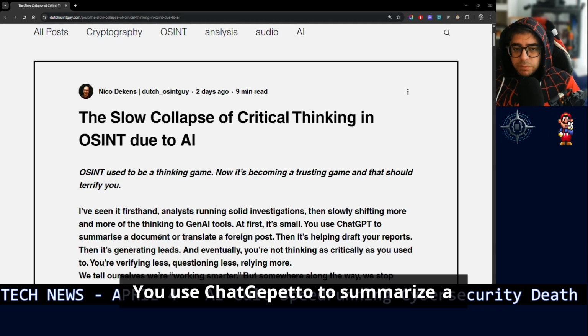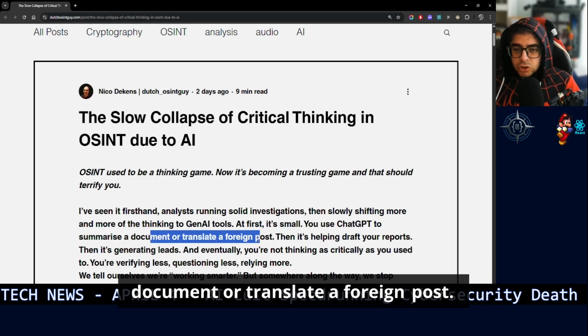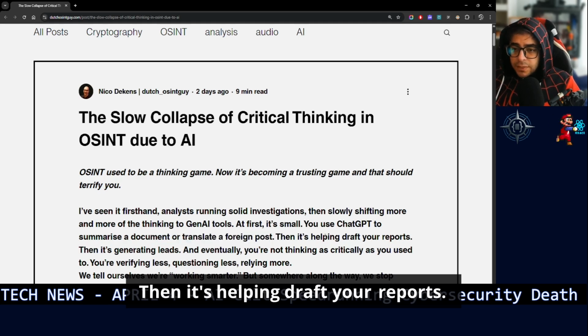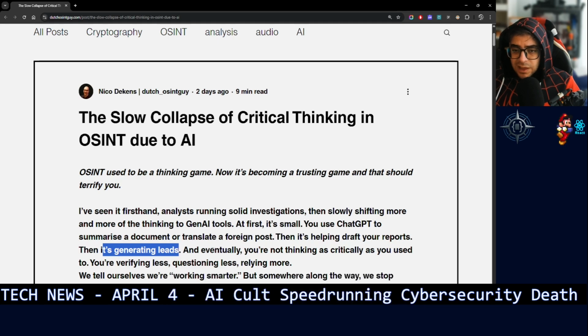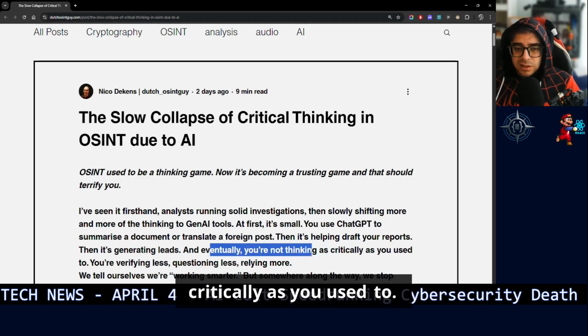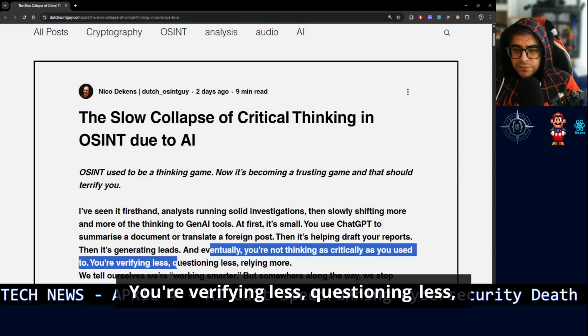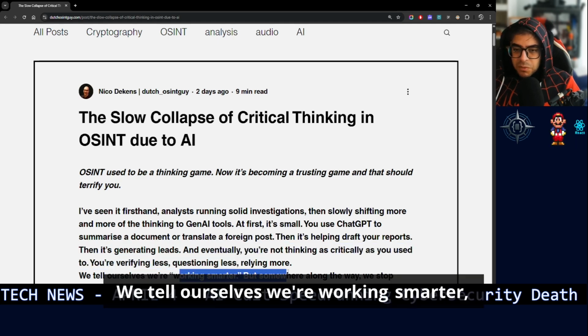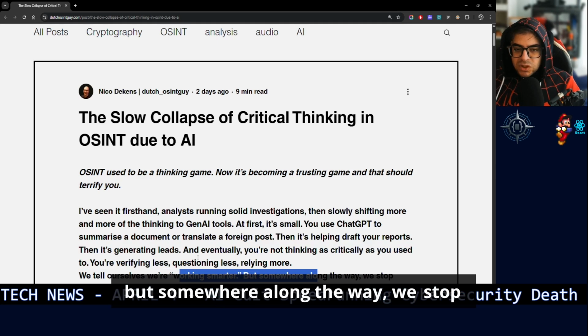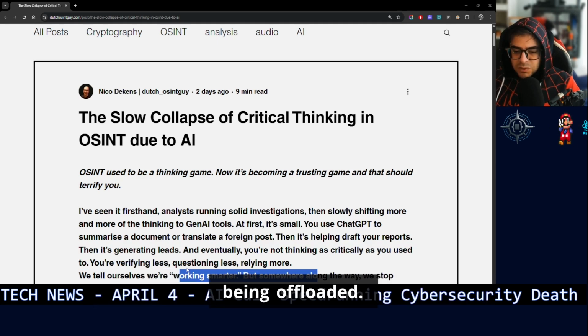You use ChatGPT to summarize a document or translate a foreign post. Then it's helping draft your reports. Then it's generating leads. And eventually, you're not thinking as critically as you used to. You're verifying less, questioning less, relying more. We tell ourselves we're working smarter, but somewhere along the way, we stop noticing how much of the actual thinking is being offloaded.